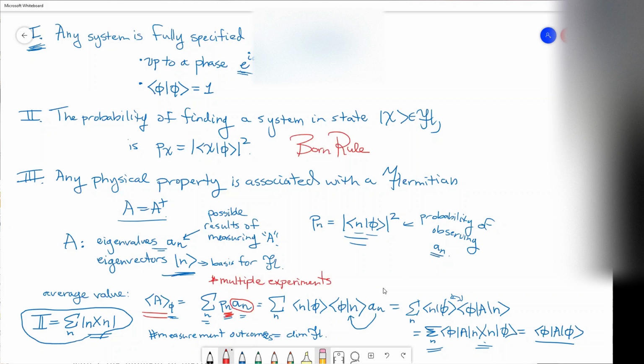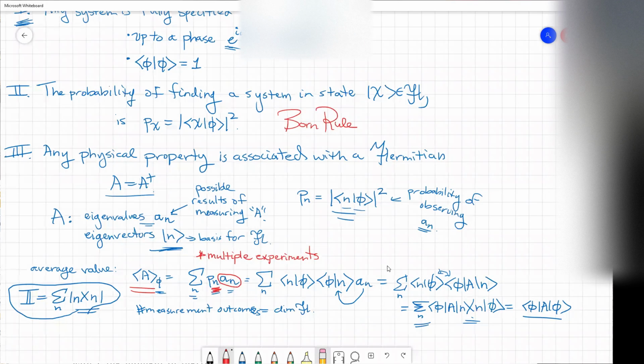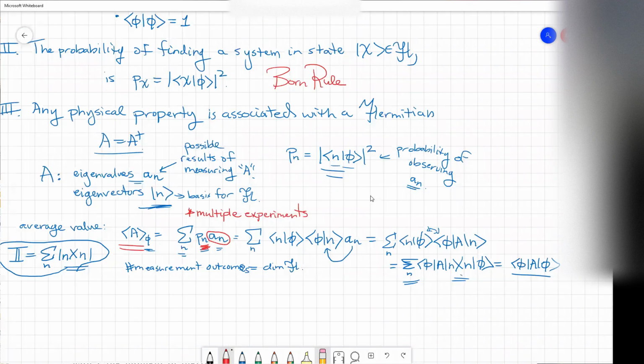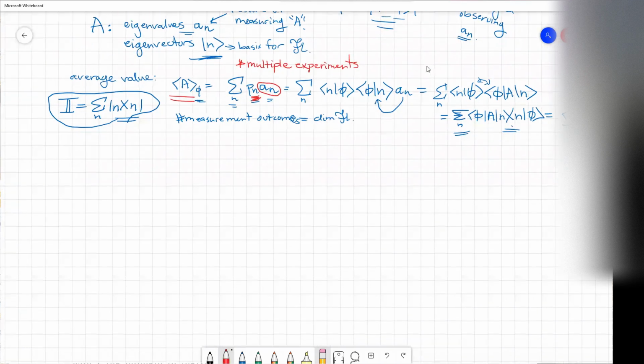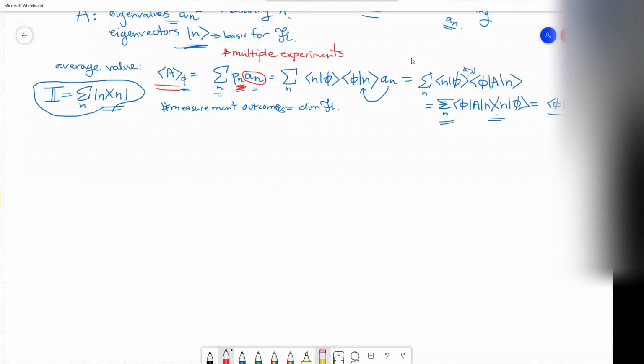And so that kind of brings me to, this is a little bit of an aside, but since quantum mechanics, the physics of it, is deeply connected to probability, we should mention at least what probability is.